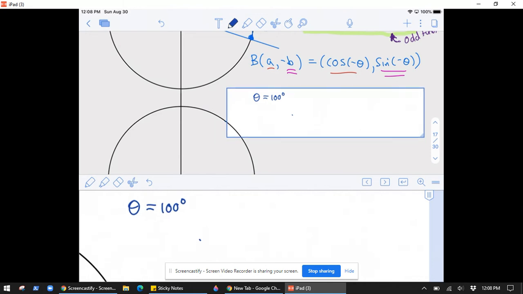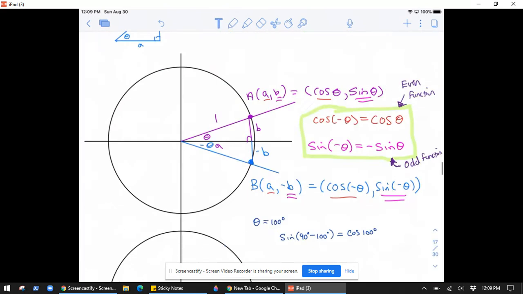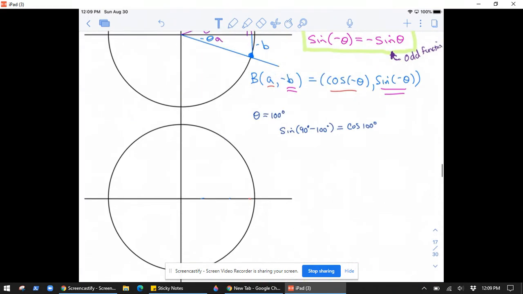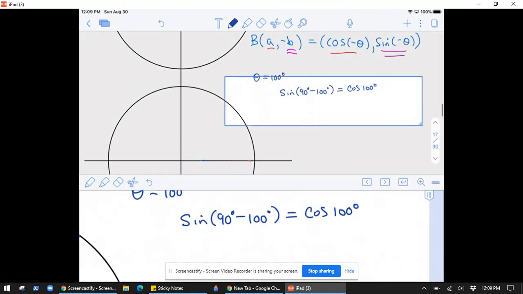So let's see. This would claim that the sine of 90 minus 100 degrees is the same as the cosine of theta, which is the cosine of 100 degrees. And on the other hand, according to the other cofunction identity above, cosine of 90 minus theta should equal sine of theta. So that would mean that the cosine